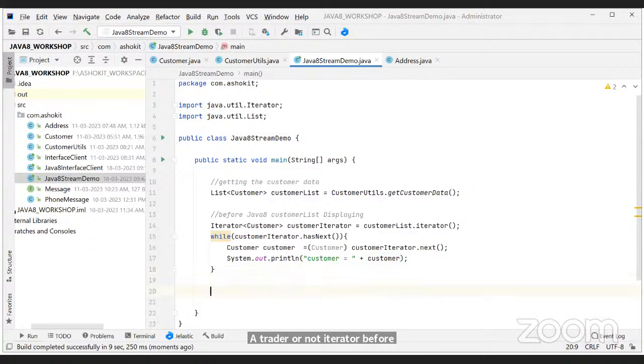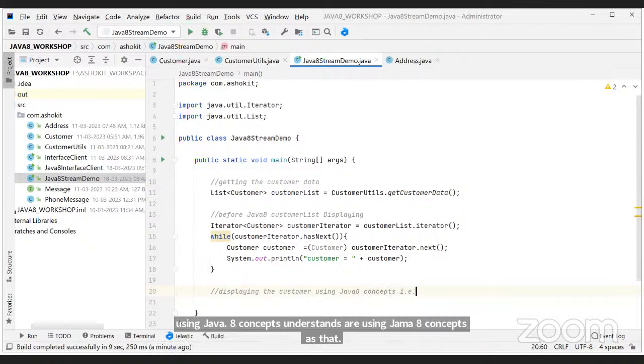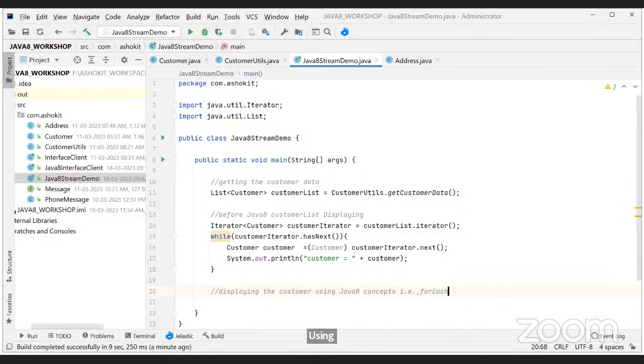Now I wanted to display the customers using Java 8 concepts, sir. That is the for each method.